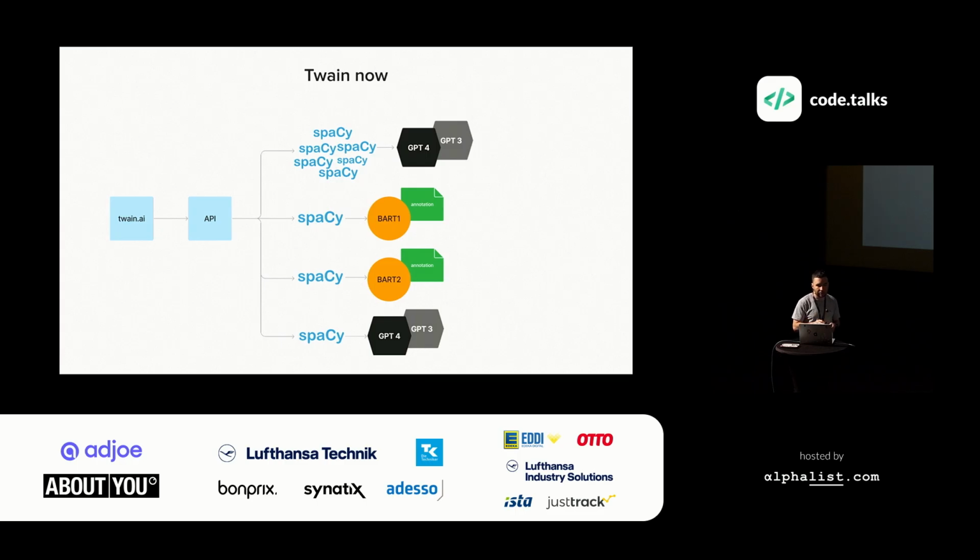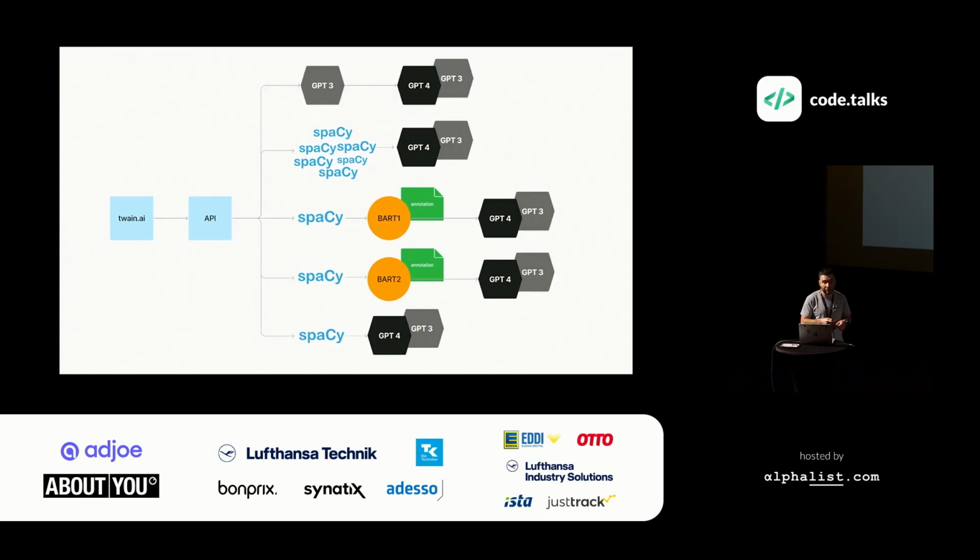Then you can go even further. You can say that, for instance, our own model produced some good results, but we can enhance these results and provide some more variants of other tones, or of some specific information for the user, and you can enhance them with GPT-4 and GPT-3. And you can go even further. You can have GPT-3 solving the detection problem and GPT-4 solving the generation problem.